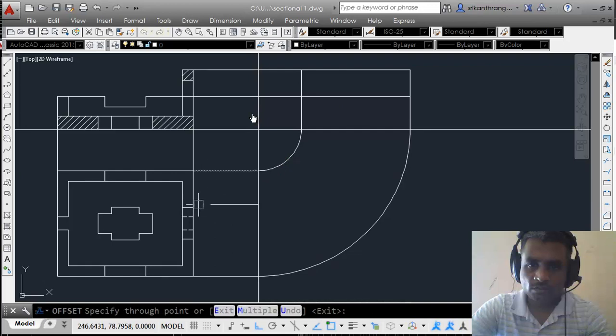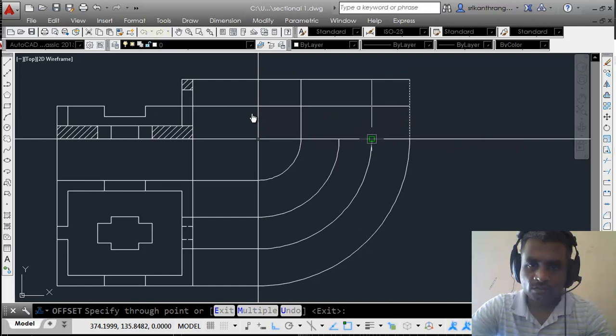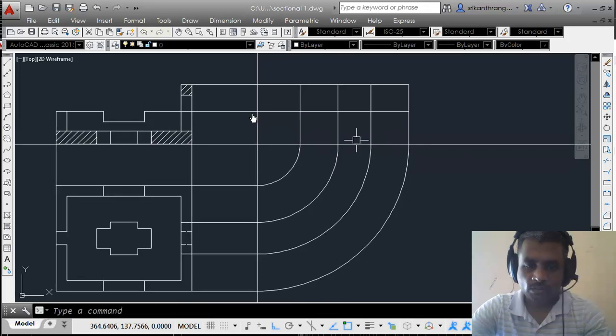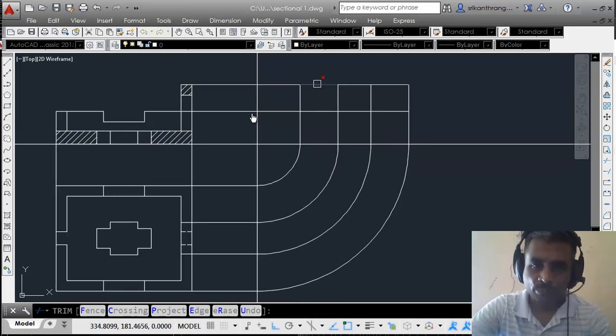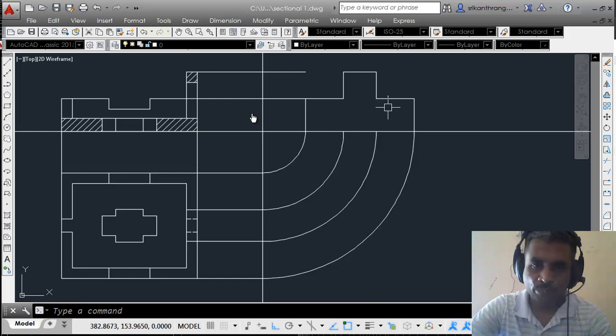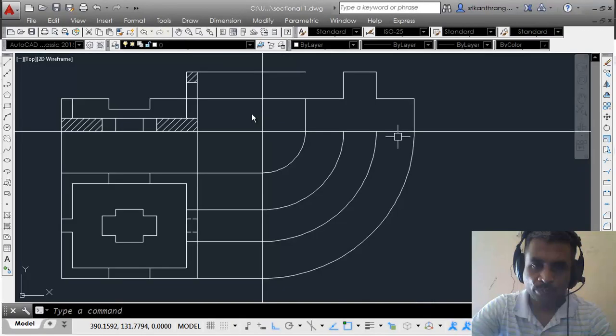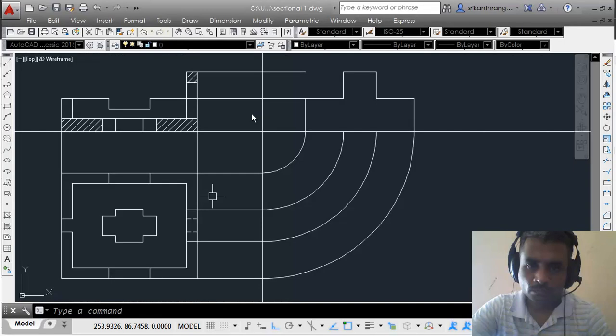Okay. And then we just have to draw the complete view. So when we see it from this particular side, only this groove is going to be appearing. Okay, so I guess I'll have to take a center line, and then this distance is 10, so I'll just go with offset half on both sides. So this is how it's going to appear.